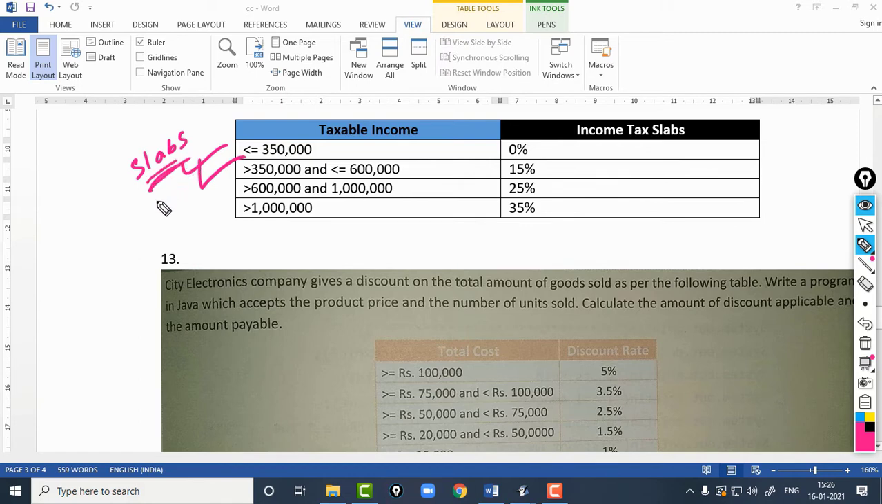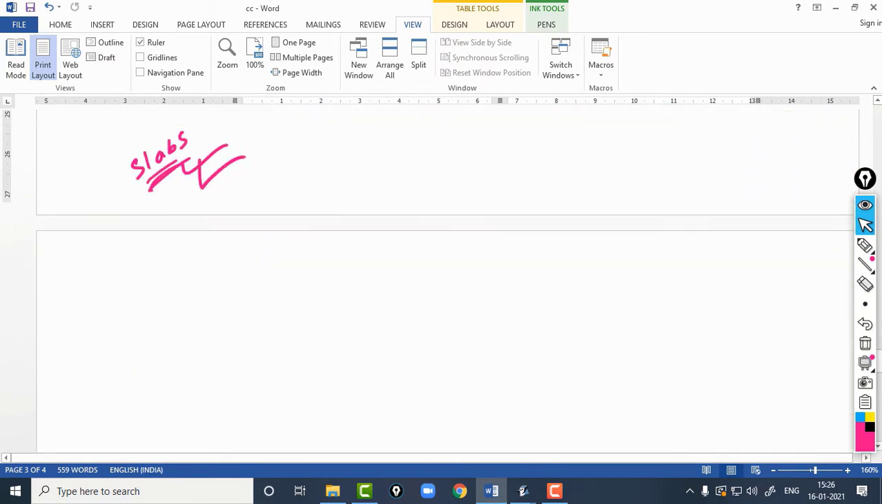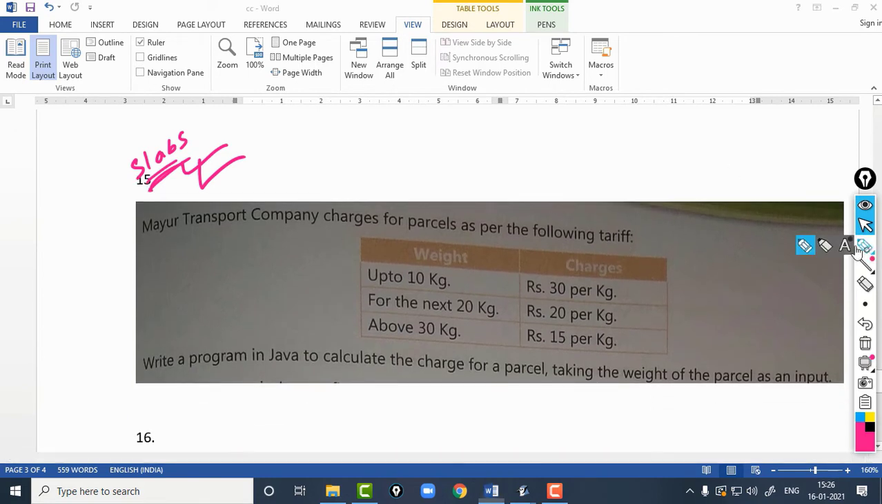So either it is specifically mentioned, or the question is something like this: up to 10 kilos weight the charge is rupees 30 per kg. For the next 20 kilos the charge is rupees 20 per kg. So students, whenever you see this word next in the table, okay, it is most likely that you have to use a slab based method,